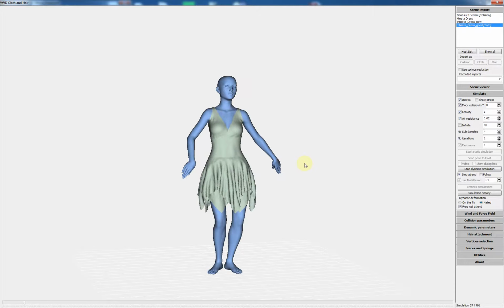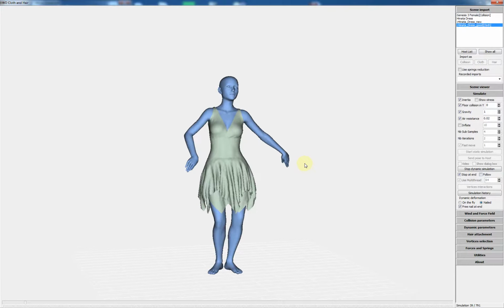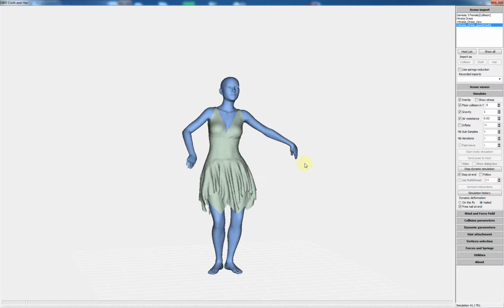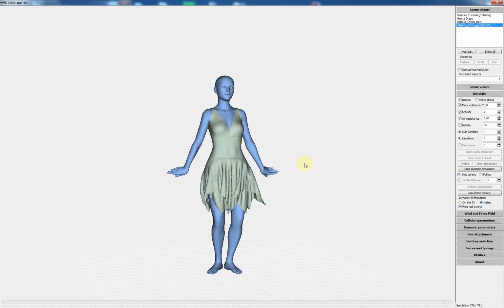I stop the recording of the simulation. I restart the recording of the simulation. We can see the cloth collision works correctly, and there is no interpenetration on the top of the skirt.